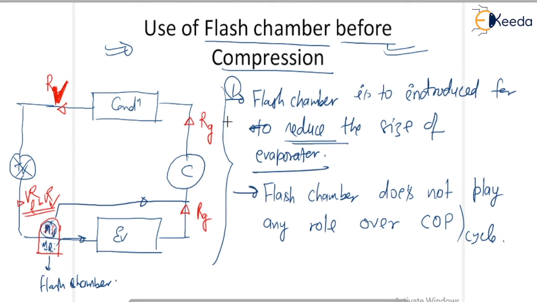So as per the first statement, by using the flash chamber, the size of the evaporator is going to be reduced, and this flash chamber does not play any role over this COP value. Is it right? So in this lecture we have to study only this. Okay my dear friends, and now